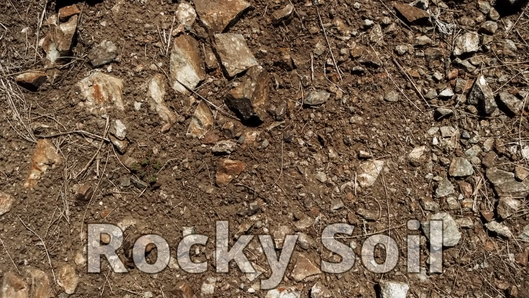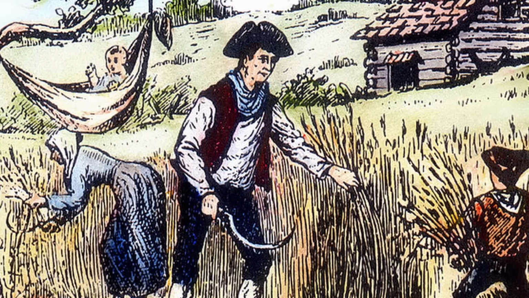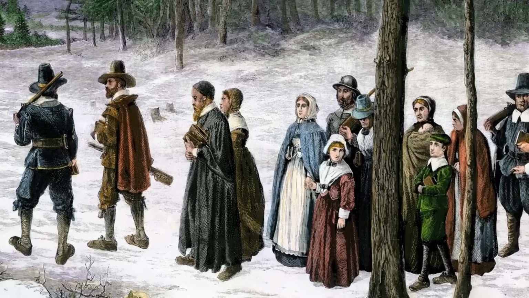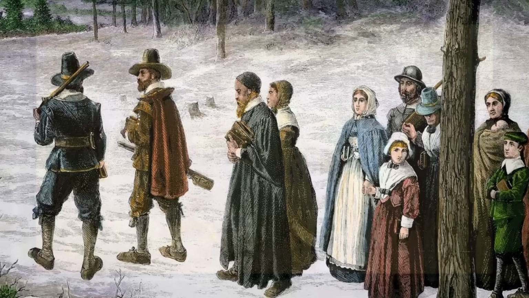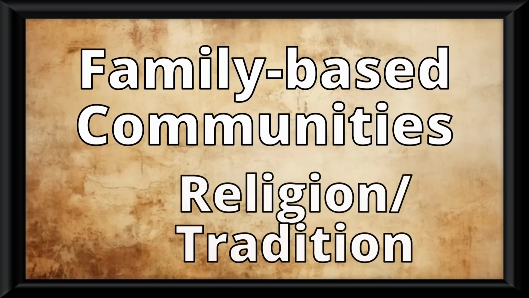Let's move over now though to the New England colonies, which were settled by the Puritans. Specifically here you had rocky soil, meaning farms literally couldn't be big, so instead we have small farms. In this area we also see shipbuilding, fishing, and lots of trade. This will mean the area is defined by lots of family-based communities, along with lots of religion and tradition.